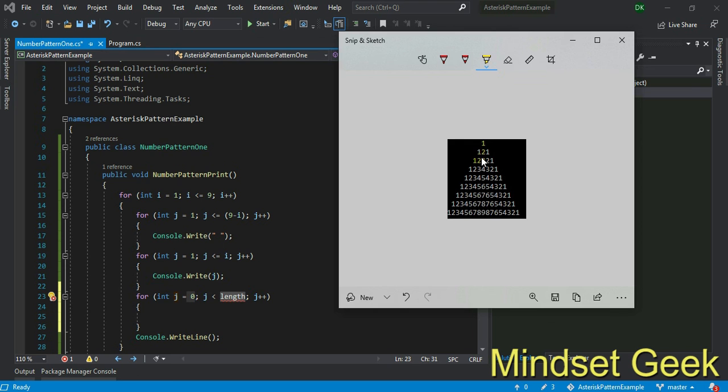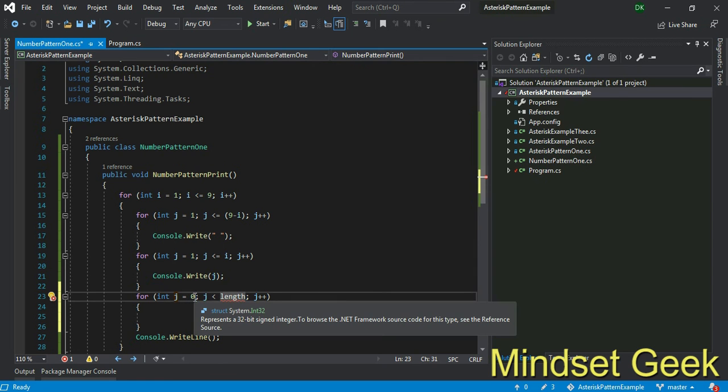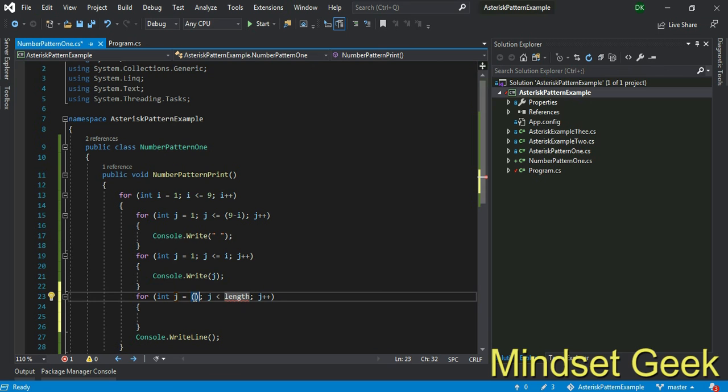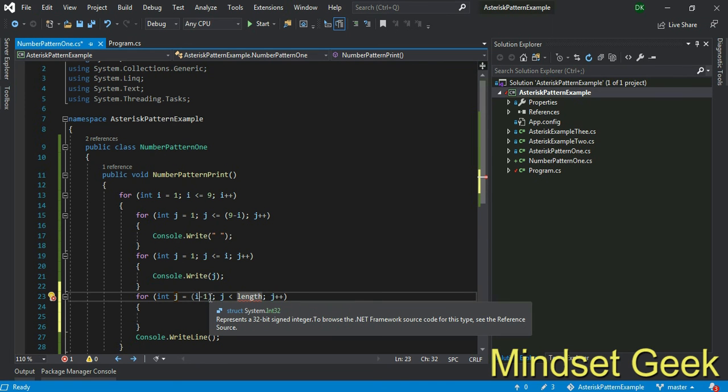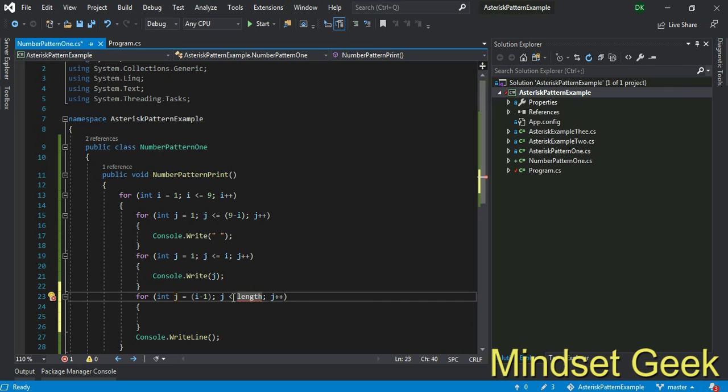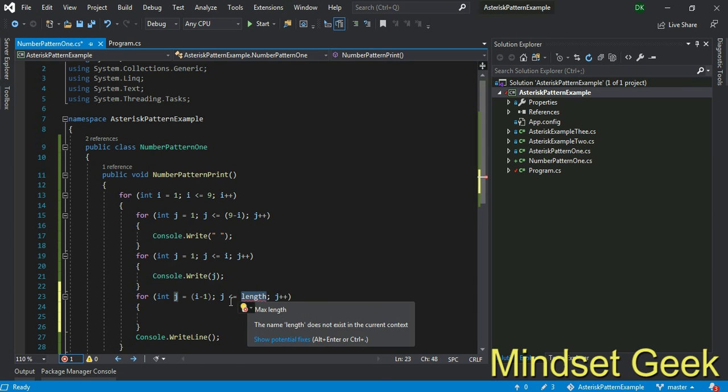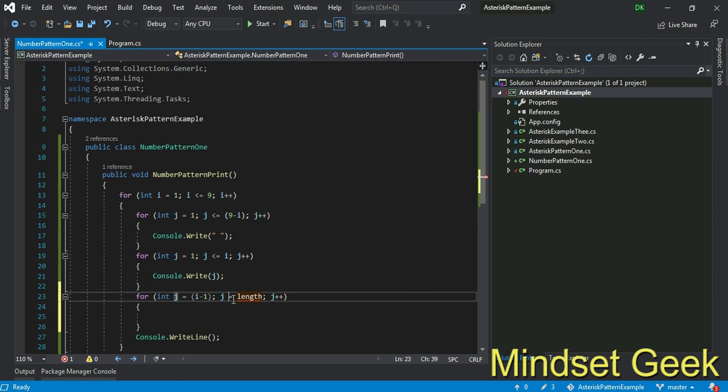We need the first value to start from I minus 1, right? I minus 1, I mean this I. If this is 1, we should start 1 minus 1, 0. Right? Then check the condition. This is decrementing, so we have to use greater than or equal, right?